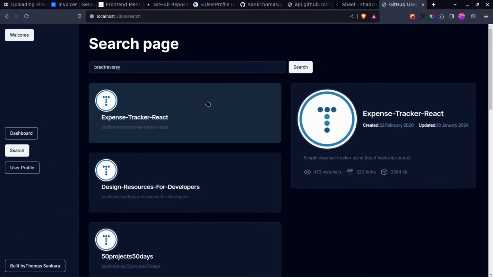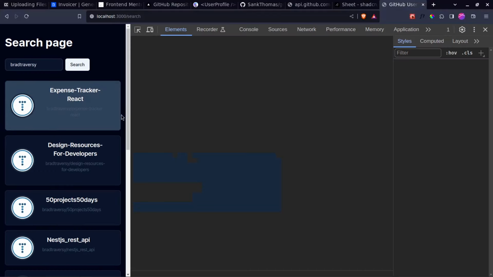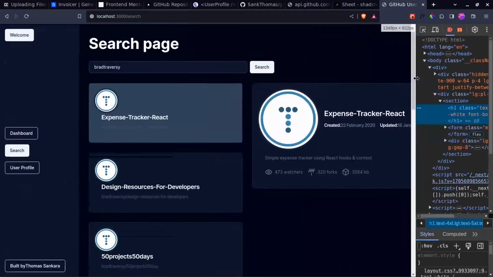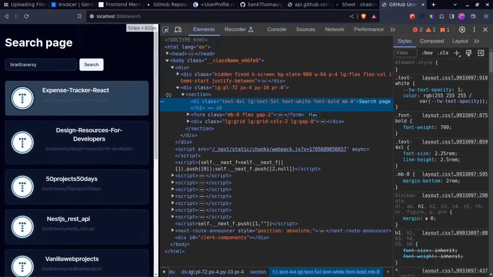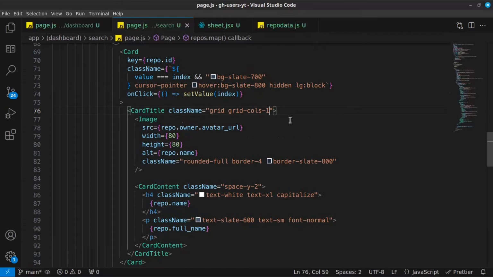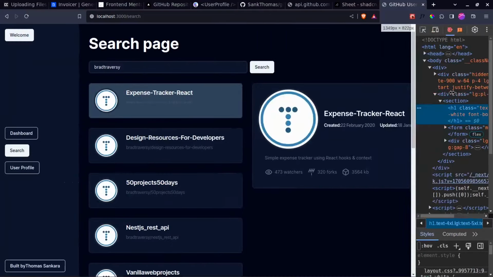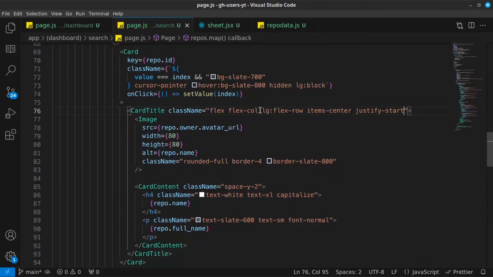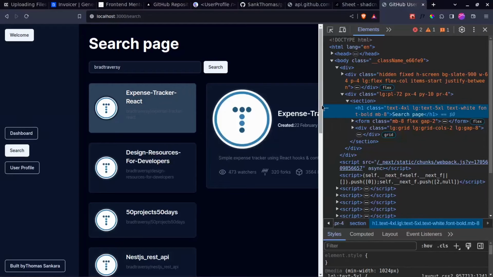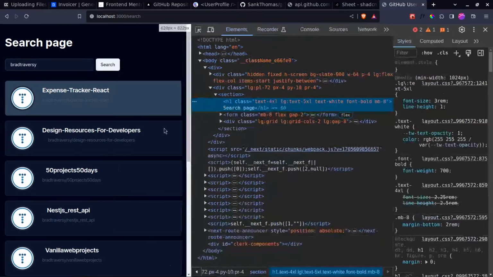Oh, wait a minute. Wait. So it's working on large screens but not on mobile? What did I do? So let me go ahead and paste in these classes back, save that, and let me test it out. Okay, so flex column. So let's remove flex row from here. Now it should outline. Yes, but why is it not working the same way on